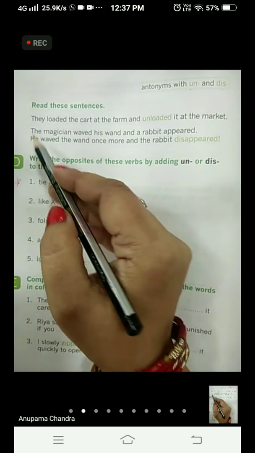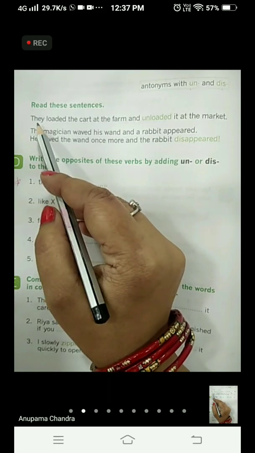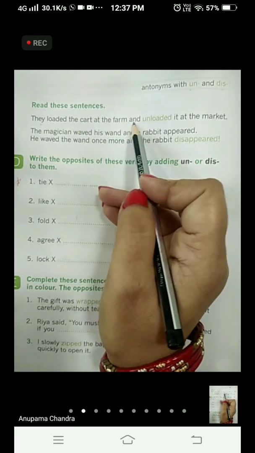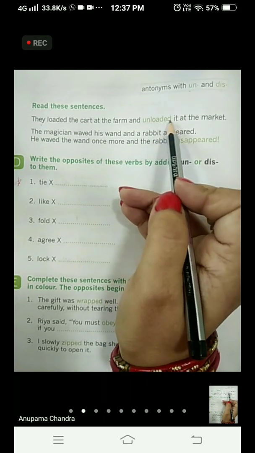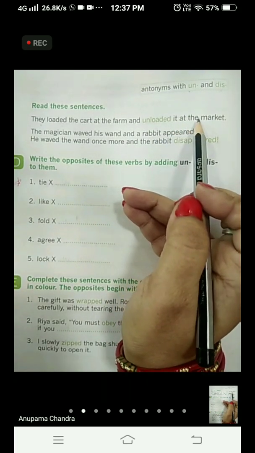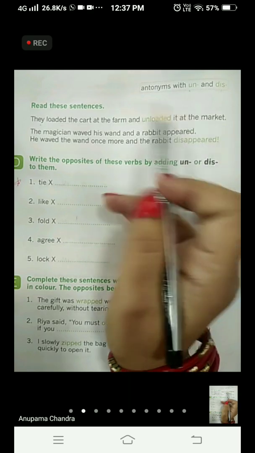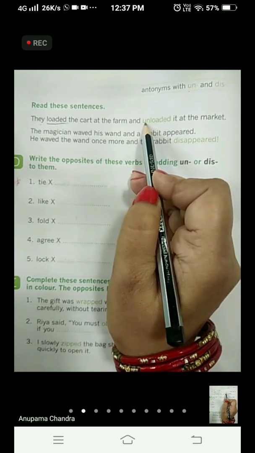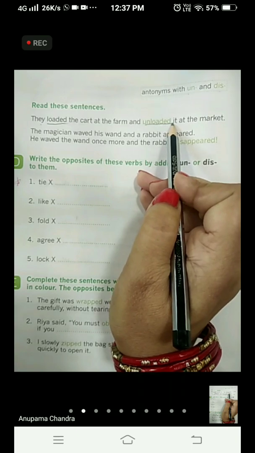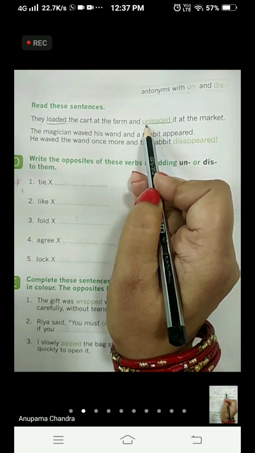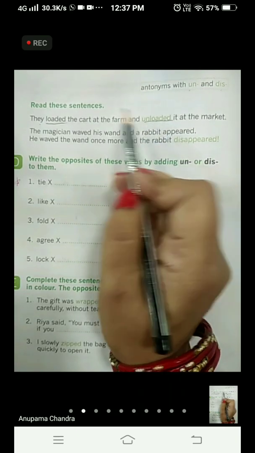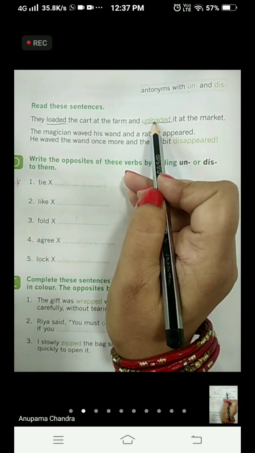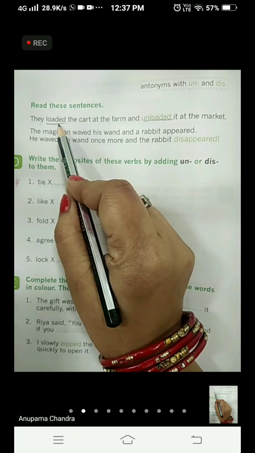Let's see. For example, this sentence: they loaded the cart at the farm and unloaded it at the market. Can you see the word? Here it is loaded and here it is unloaded. What have we done? We have added UN to the word to make the opposite, or antonym, for this word.